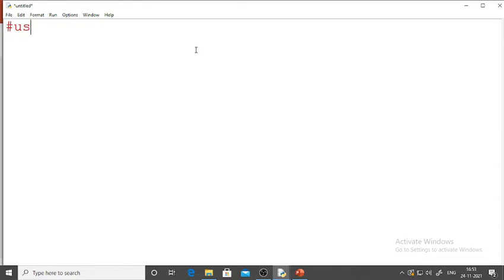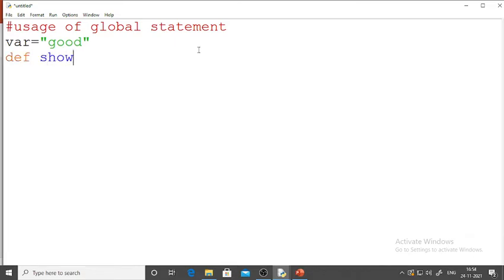Third program is usage of global keyword or global statement. Let us see. Now let us take a variable and the variable contains the string good. Let us write down a function show, and inside this we have declared a global variable. Let us say variable 1, and that variable 1 is having a string morning, right? And if you write a print statement inside the function,